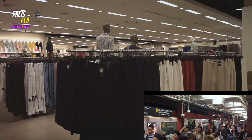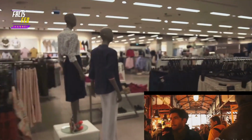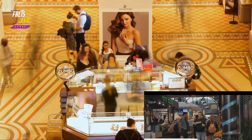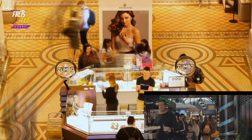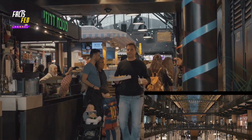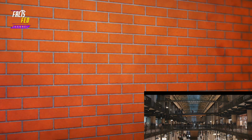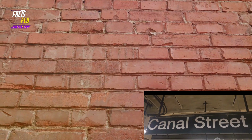Chelsea Market is also home to a vibrant mix of boutique shops and art galleries, each adding their own unique flair to the market's eclectic charm. Whether you're hunting for a one-off fashion piece or admiring the work of local artists, there's always something new to discover. Each year, the market attracts visitors from every corner of the globe, drawn by its distinctive combination of historic architecture and modern amenities. The exposed brick walls and industrial ceilings serve as a constant reminder of the market's rich